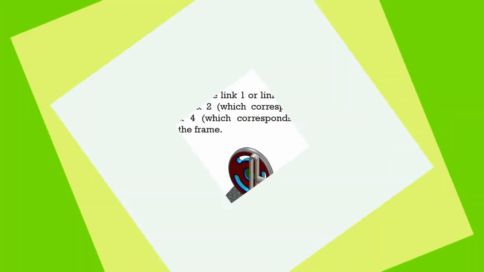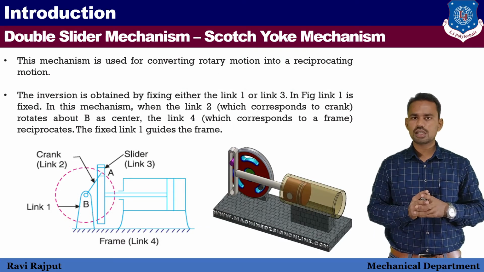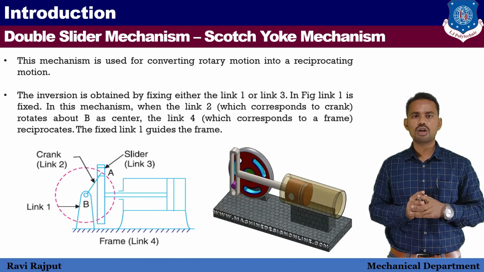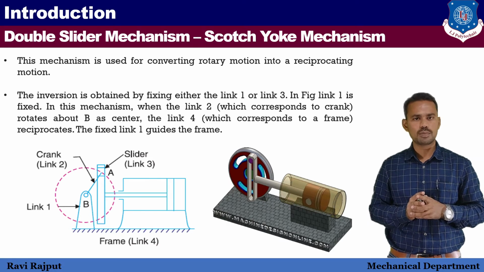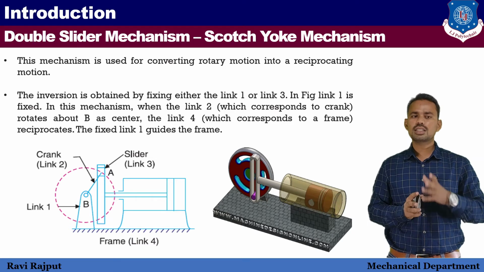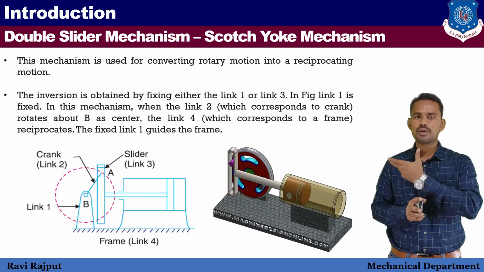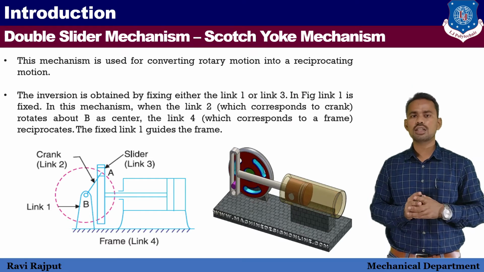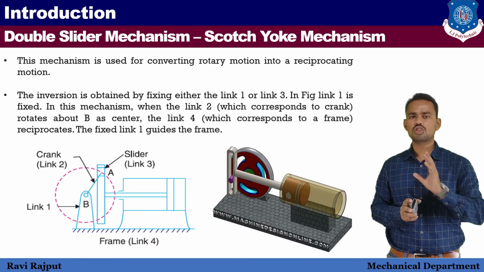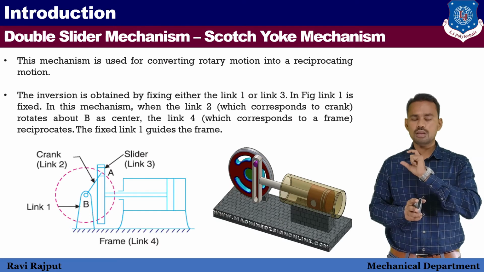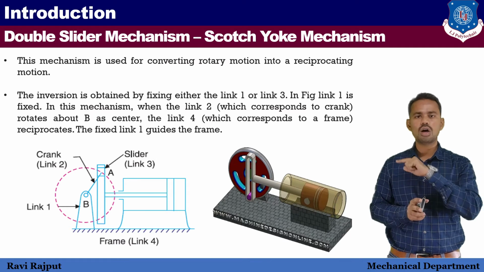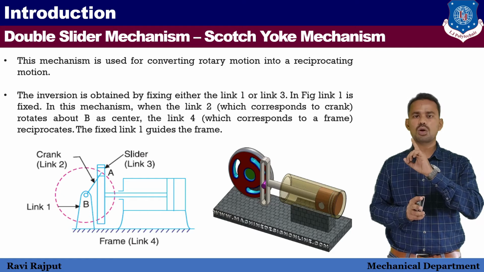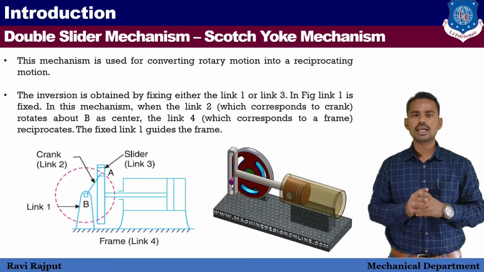mechanism. The next double slider mechanism or inversion is the Scotch yoke mechanism. Basically the Scotch yoke mechanism is used for converting rotary motion into reciprocating motion. Here we can see there is one fixed link. The fixed link is the frame on which the other parts, that is a cylinder and a beam, are installed. These 2 are installed on the fixed frame, and they don't have any relative motion between them, so they are link 1 only. Those are the fixed links.